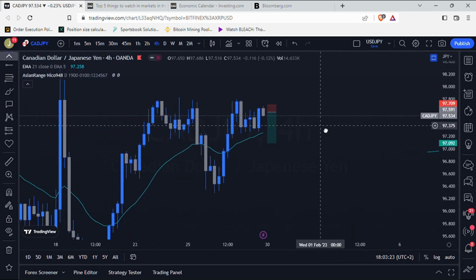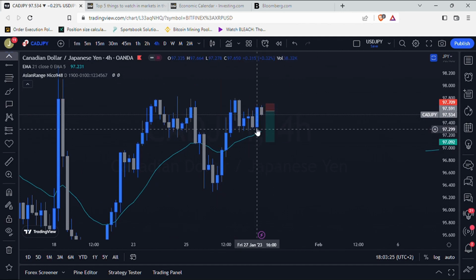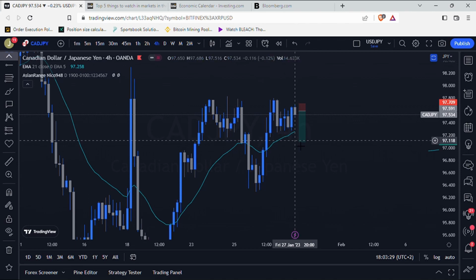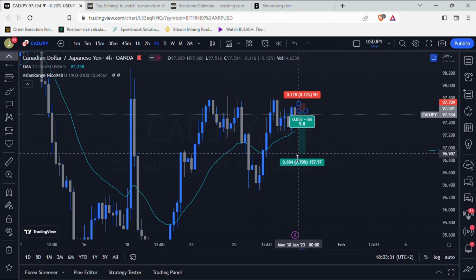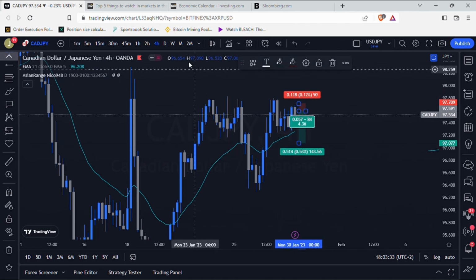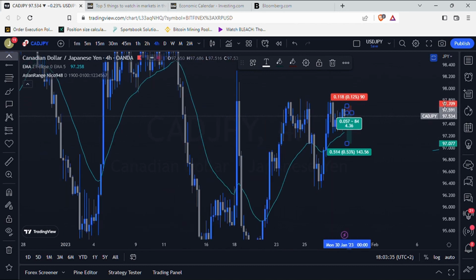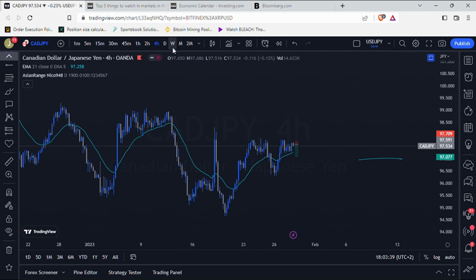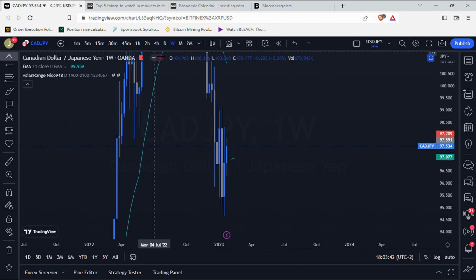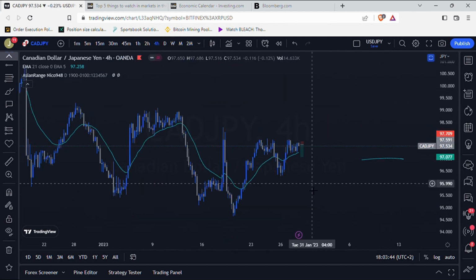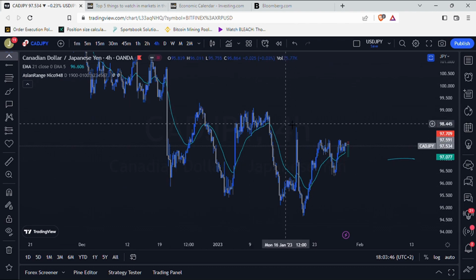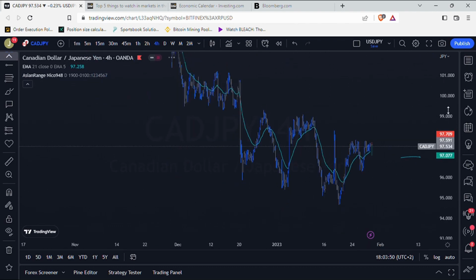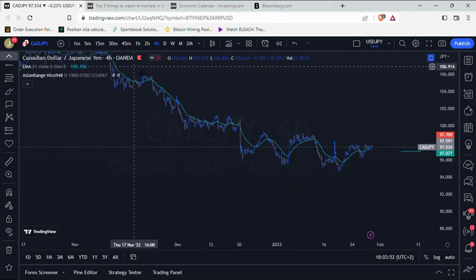Then what I want to do is CADJPY. This one was a little bit tricky for me. Just overall, it was neither here nor there, right? This setup is actually based off of a 15-minute chart. Realistically speaking, CAD is on a downward momentum. You can target that. But what I did was, because I don't like that we're in this little thing,